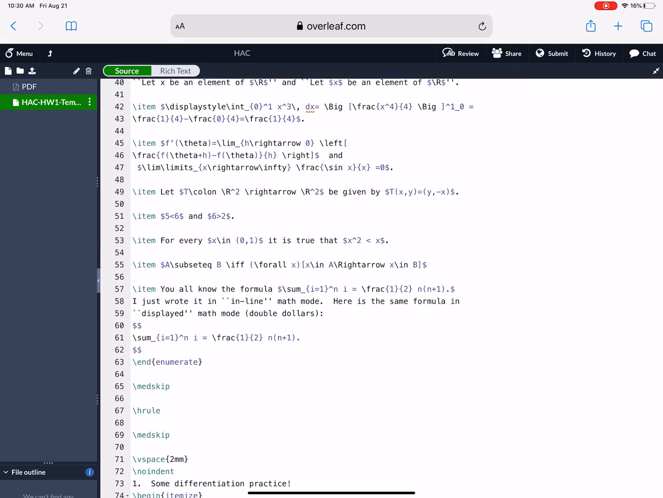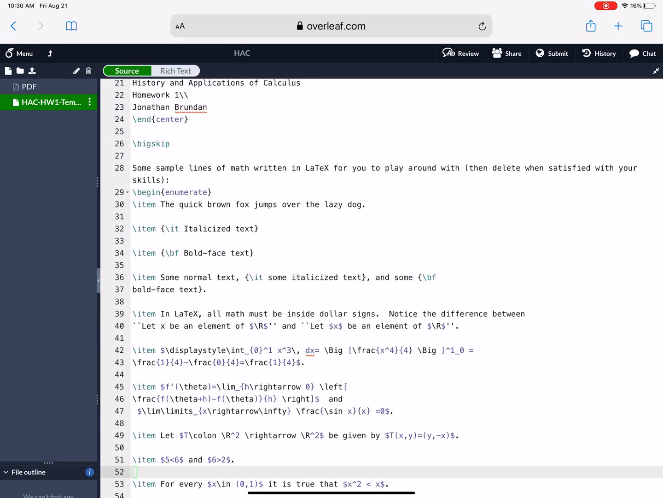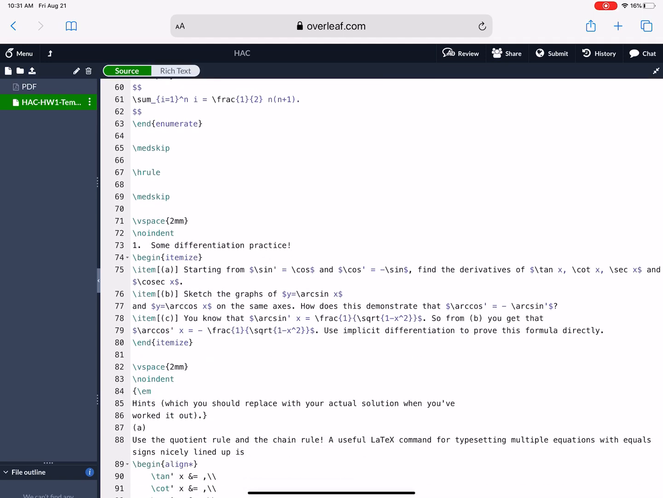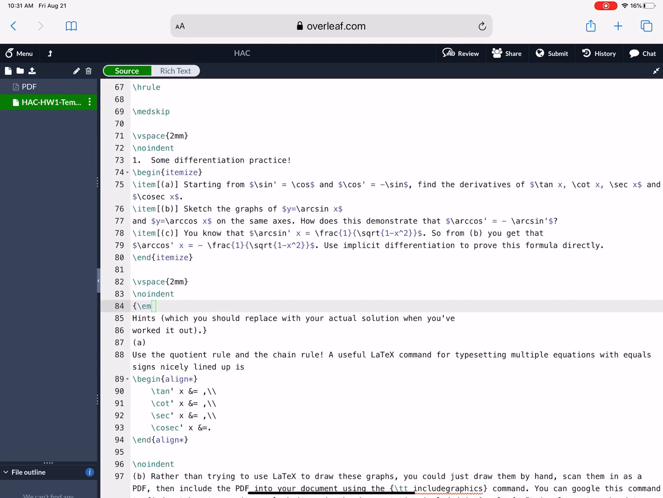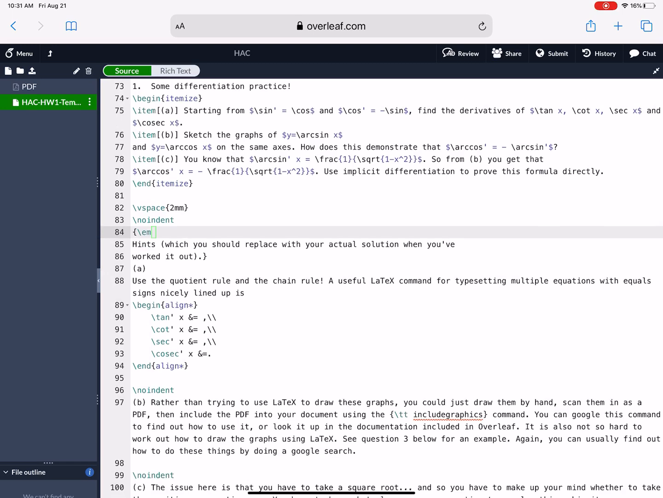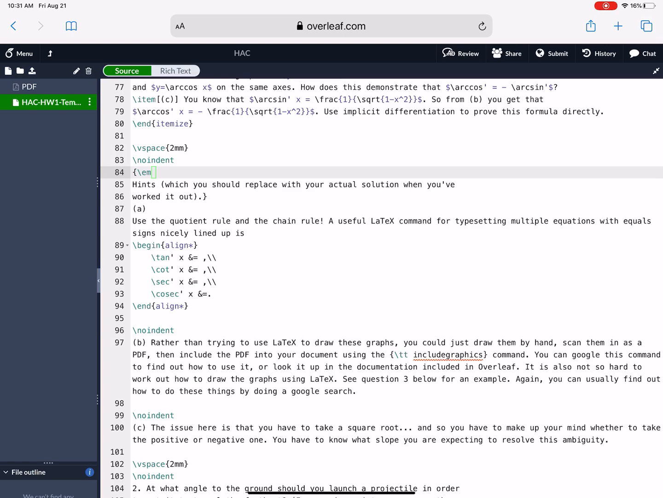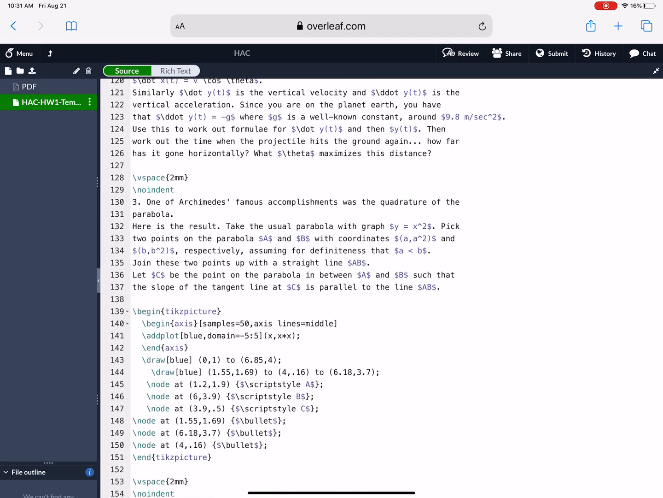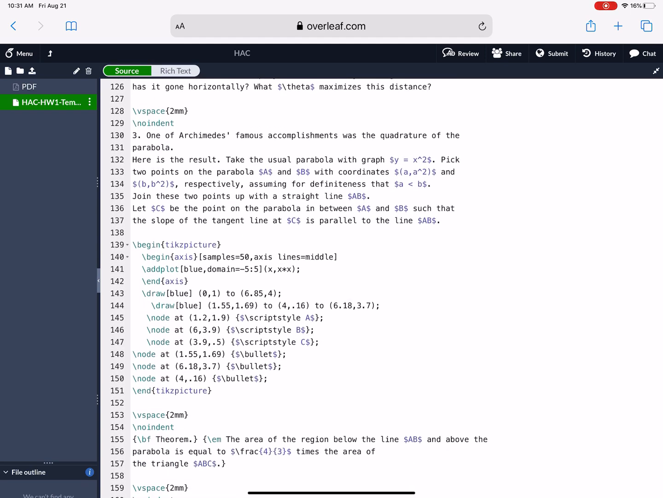Once you've played with that, just delete all of that stuff. And then start working on the problems. Look where I've put hints down here. You see on line 85, there's hints. \emph puts it in italics. You would change that word hints to solution. And then where I've written these hints, you would be editing that and typing in your solution to the problem there. There's problem 2. Problem 3, and you see this problem 3 was the one that had that graph of